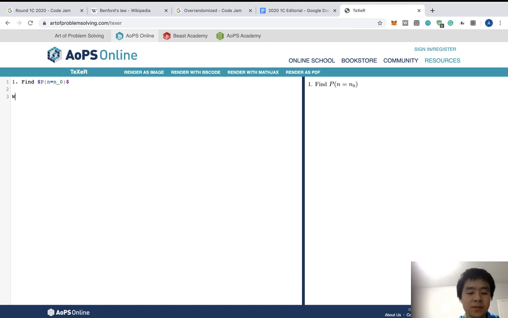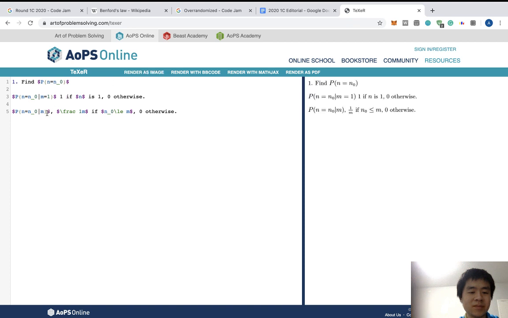So when m equals 1, then we know that this probability is 1 if n is 1, 0 otherwise. In general, given an m, this probability is 1 over m if n0 is less than or equal to m, 0 otherwise. And this one, by Bayes' theorem, is also the same as